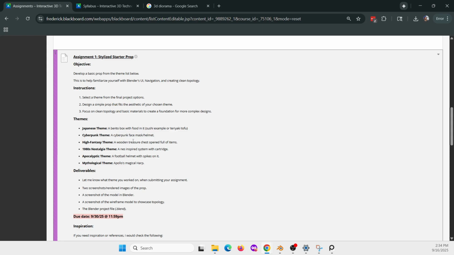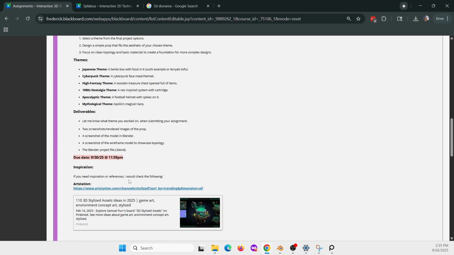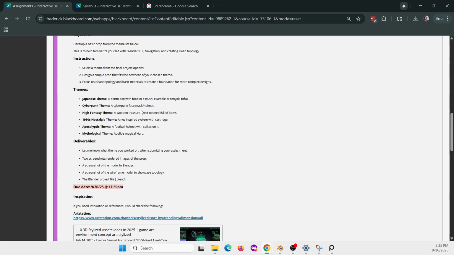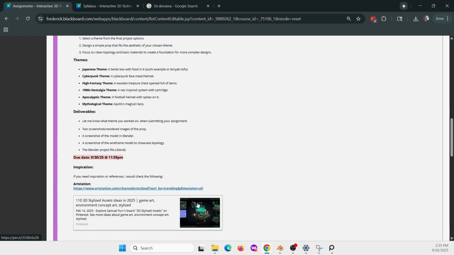chosen starter props. If you want to keep looking at that for inspiration, that's how I would probably tackle it and how I would fix it. So that would also be there. You can also continue to look at this assignment to figure out what's needed. If there's something else you want to work on, you can probably do that, but it's a good idea to stick with this and really try to make it a high